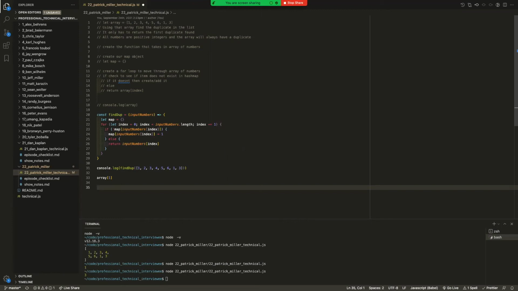This is a really good example of where engineers tend to overcomplicate everything.